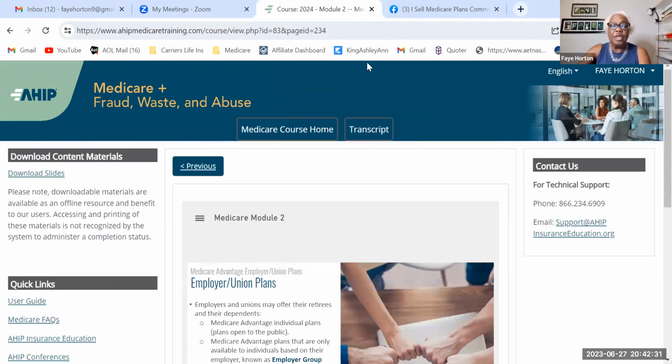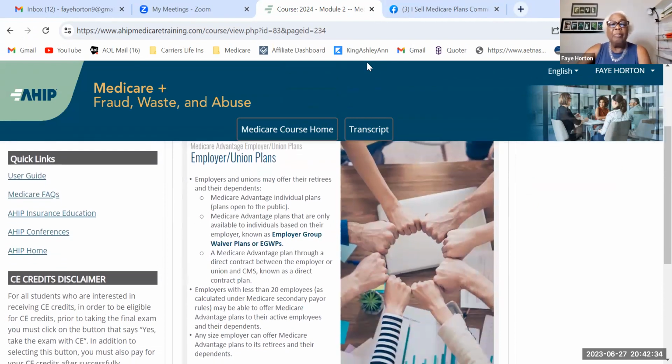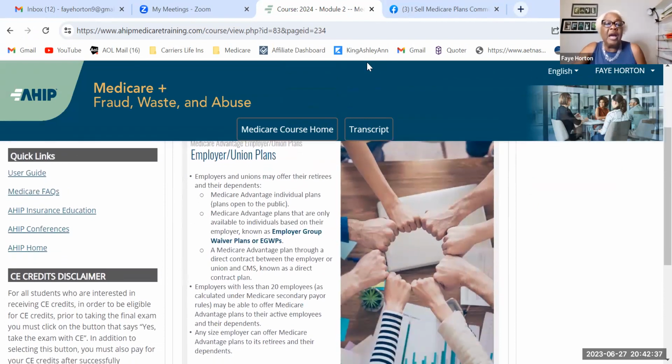Medicare Advantage plans and employer and union plans. Employer and union plans may offer their employees, their retirees, and their dependents Medicare Advantage individual plans that are open to the public. Those are the ones that you sell. Medicare Advantage plans that are only available to individuals based on their employer are known as employer group waiver plans. That's a different program. Medicare Advantage plans through a direct contract between the employer or union and CMS are known as